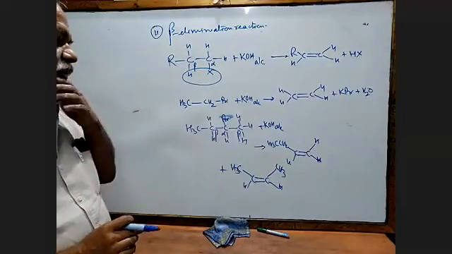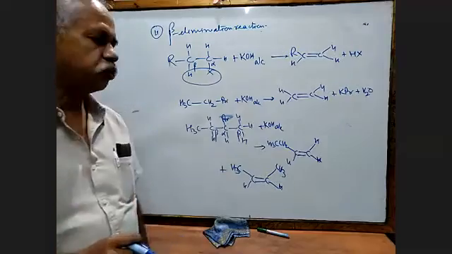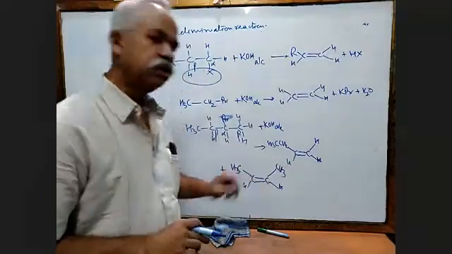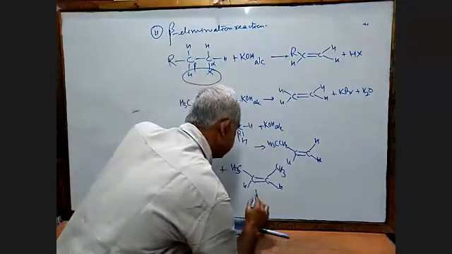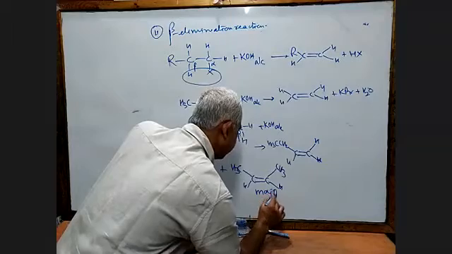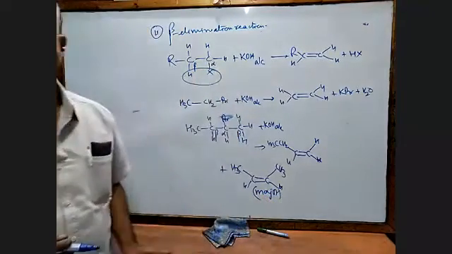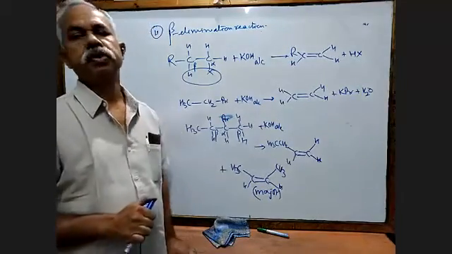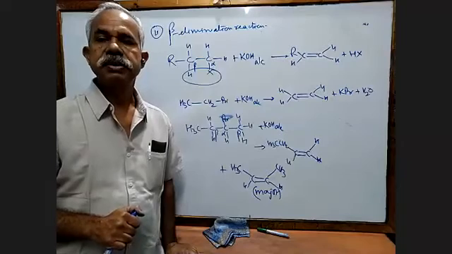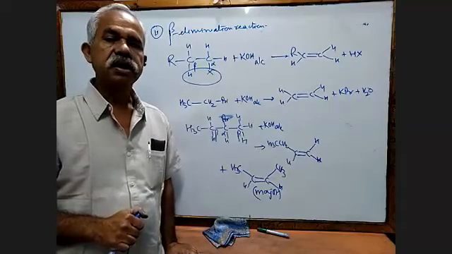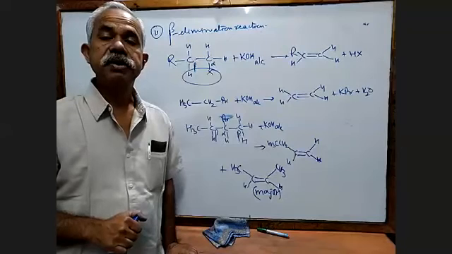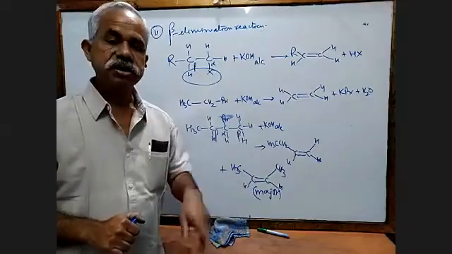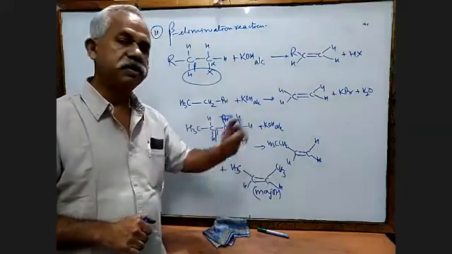See here, this alkene is more substituted. Means what? It has fewer hydrogens on the vinyl carbons. It has 3 and this is 2. Please remember, this alkene will be more in amount. We call it major. Why? Because it follows the Saytzeff rule, which you studied in class 11. If in an elimination reaction there is a possibility of formation of more than one alkene, the alkene which is more substituted will always form in greater amount.